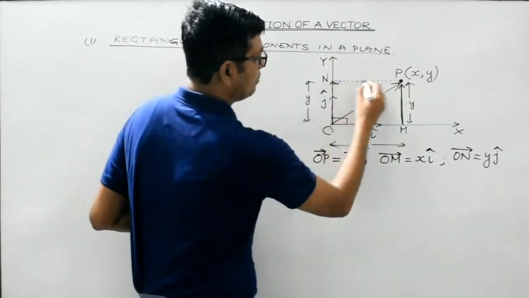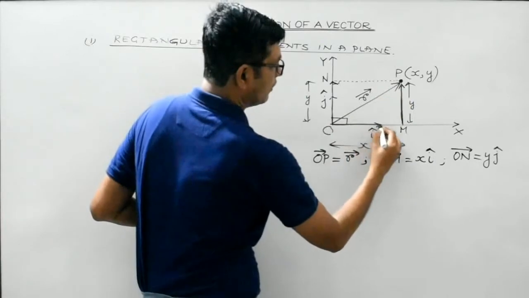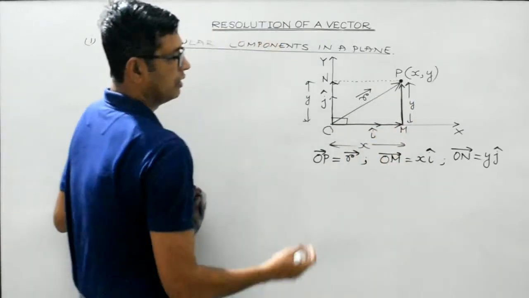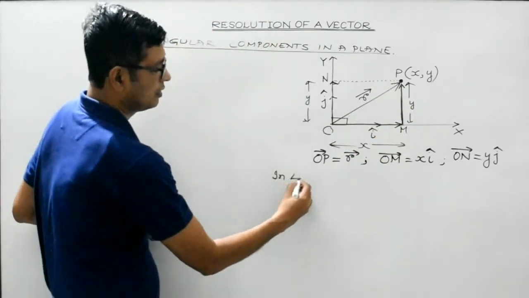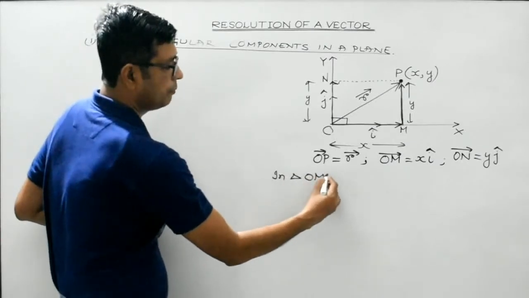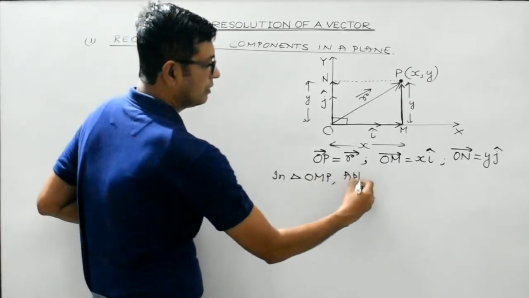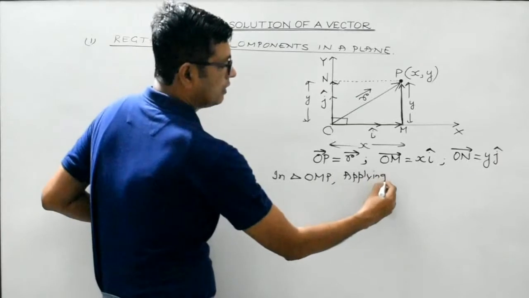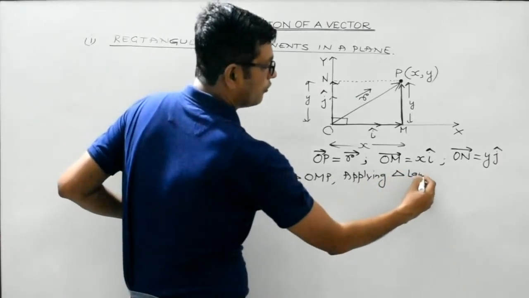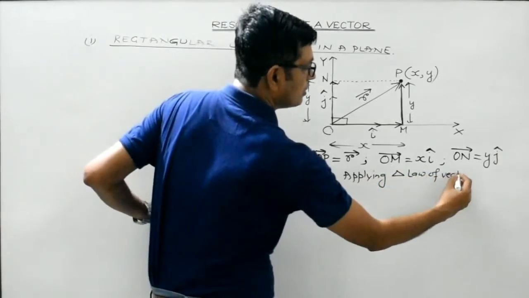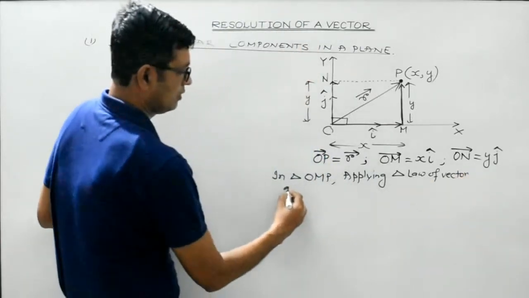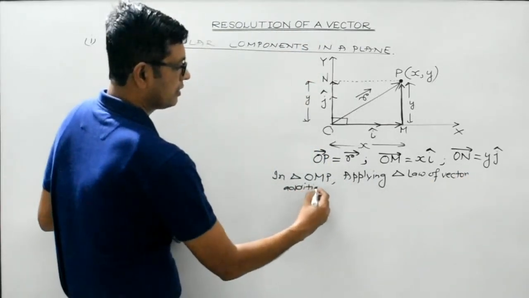And NP vector is equal to OM vector. Clear, students? Now in triangle OMP, applying the triangle law of vector addition, we get,